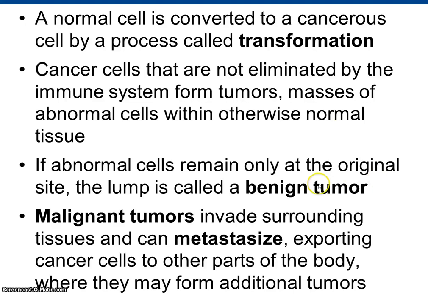If you've ever heard of benign versus malignant, a benign tumor is basically a lump that stays in an original area and it's not really invading any tissues around it. It's not causing any problems. It's not stopping the organs around it from working, things like that. Malignant tumors means that it's growing enough that it's starting to invade the tissues around it. It's stopping those cells from doing their job, because any cell that's cancerous is not doing whatever its normal job is supposed to be. It's just dividing over and over again. And metastasis, or if a cell metastasizes, that means that the cancer cell breaks off. And if that happens, it basically can then float around to other parts of the body and attach somewhere, and then you'd get another tumor.